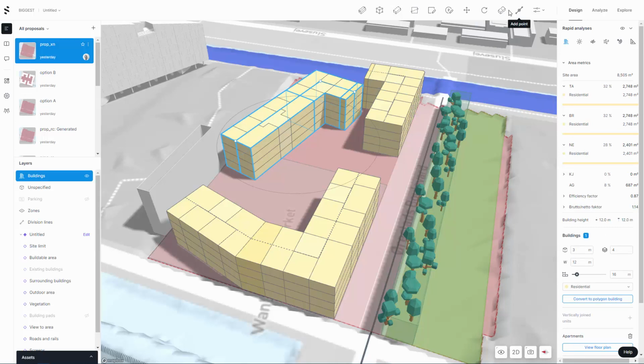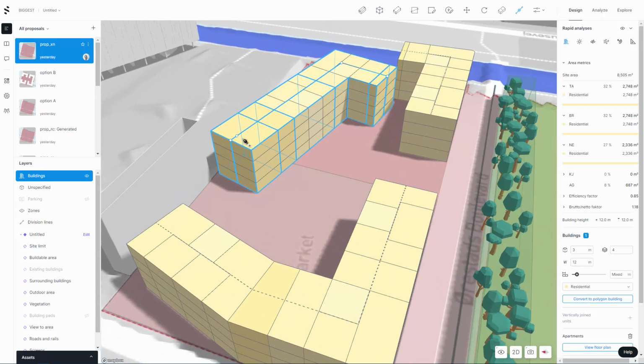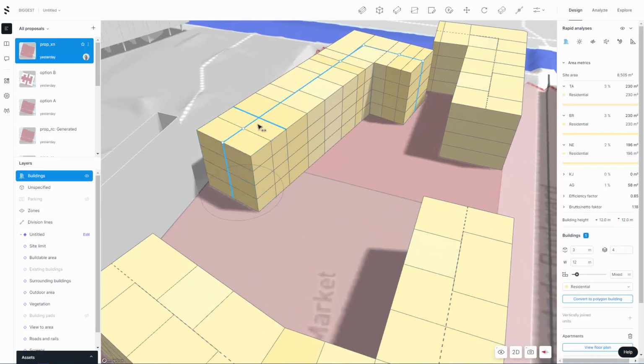So there's add a section, and this one is just breaking up the design a little bit here, so you can start to change it a little bit. And then here you can add a point, and this one might be allowing you to do a little bit more when you come to flex the building. So this is following the internal linear control here. So now you can break this building up a little bit,